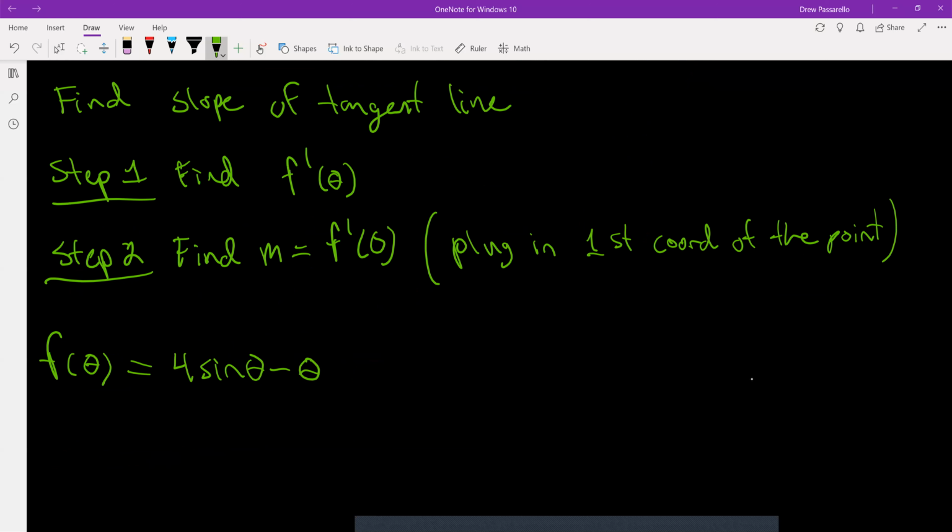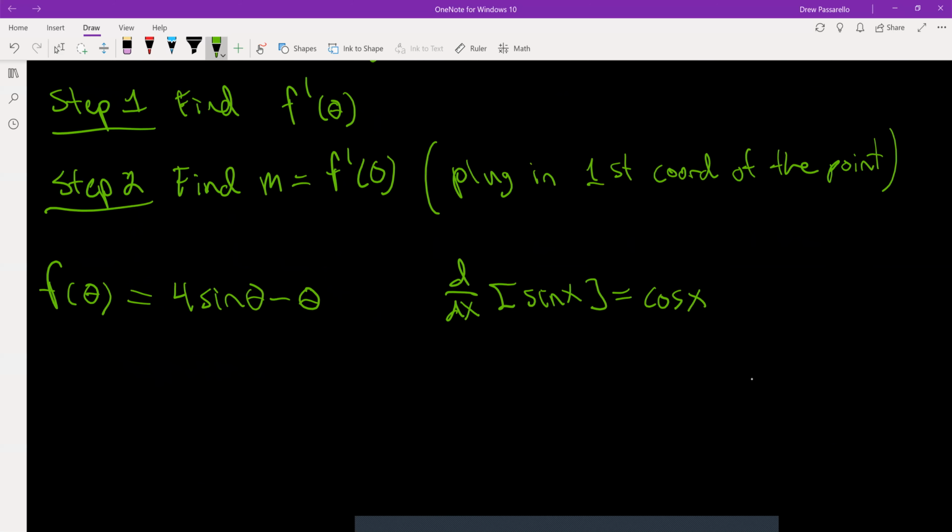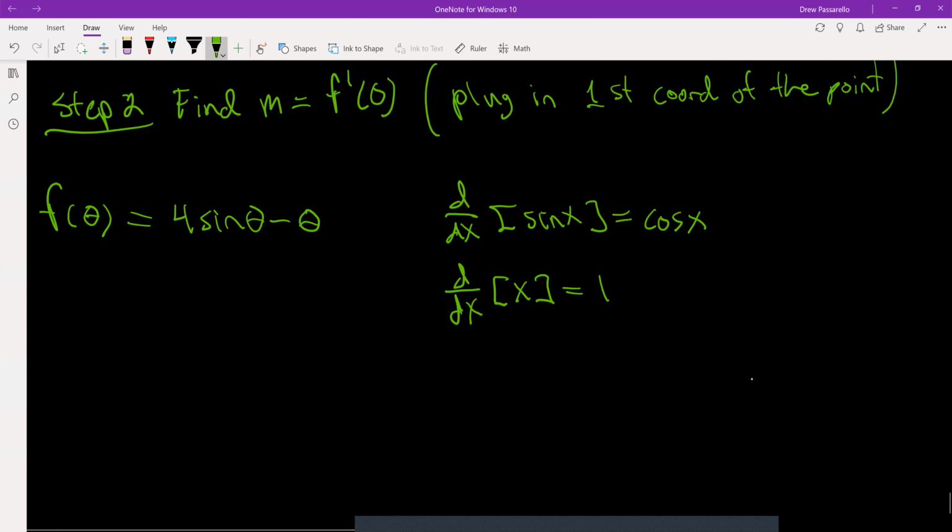Now we have sine, and the derivative of sine is cosine. So derivative of sine, that's one of our rules. So sine of x is cosine x, and the other term is just theta, and think of that as just x, and derivative of just x, it's just the variable by itself with an exponent of 1, the derivative becomes 1. So for this example, f prime of theta